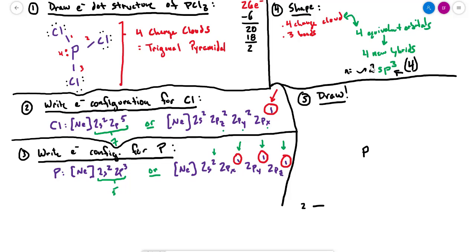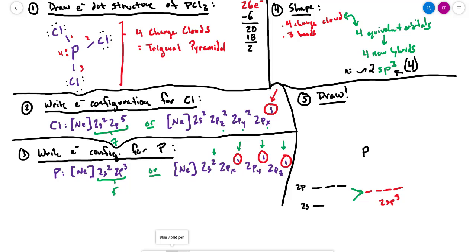So we've got a 2s, and then we've got our 2p's, and we're going to mash all those together, right, and average them, and that's going to give us these 1, 2, 3, 4, these 2sp3 orbitals, all 4 of them. And let's see, we can fill those with what we had to start with in our central atom,